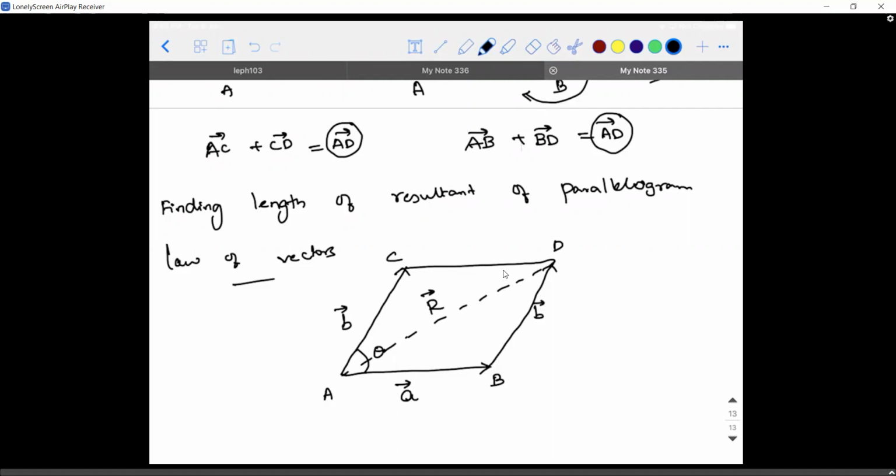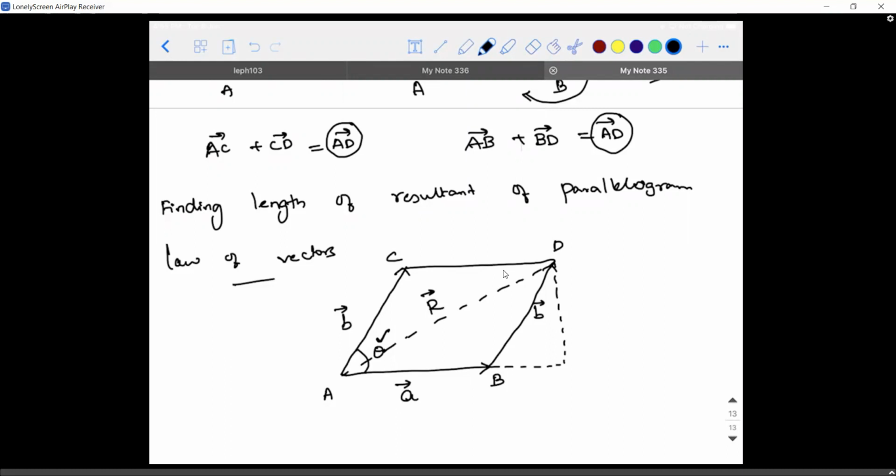Now comes an important question. I have an angle involved. I know the length of AB, I know the length of AC. Now my job is to find the length of AD. So I have an angle. How do I do it? For that, one logic that you need to always have in mind is, wherever length and angles are involved, it is always advisable to use trigonometry. And second thing is, wherever you need to apply trigonometry, you need to have a right angle triangle.